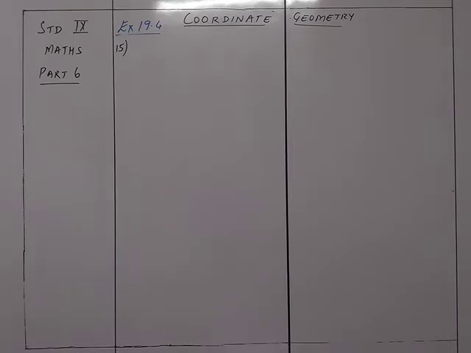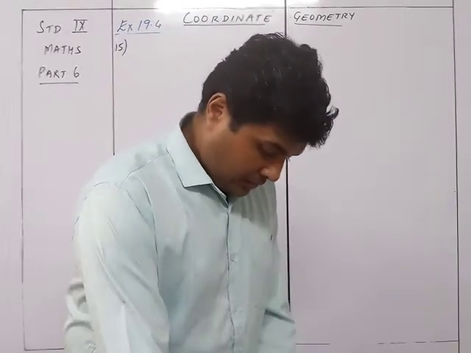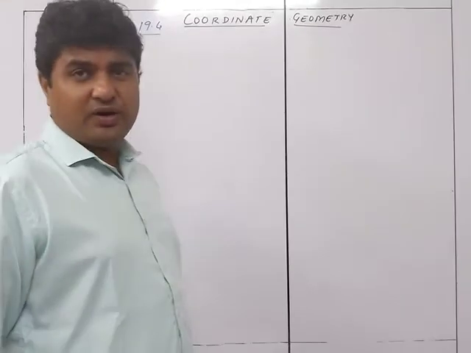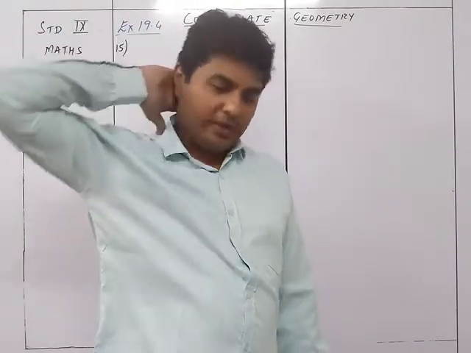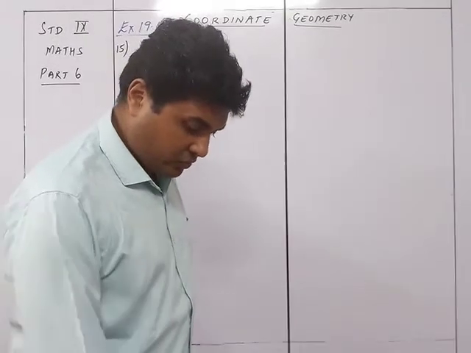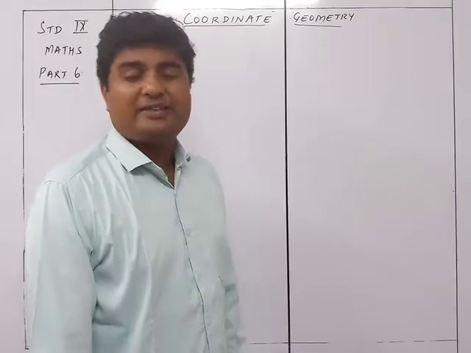We continue with sum number 15 of exercise 19.4. Now we have certain kinds of polygons like triangles or quadrilaterals, and we need to prove them to be isosceles and so on. Only in sum number 14 are you given that you have to prove that the points are collinear.